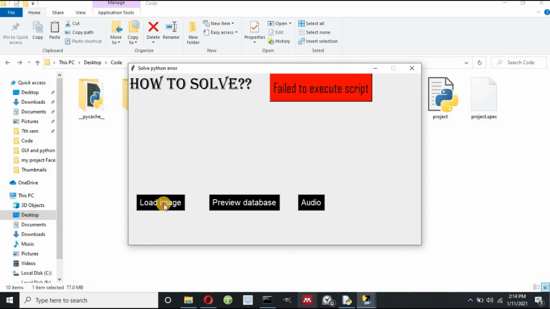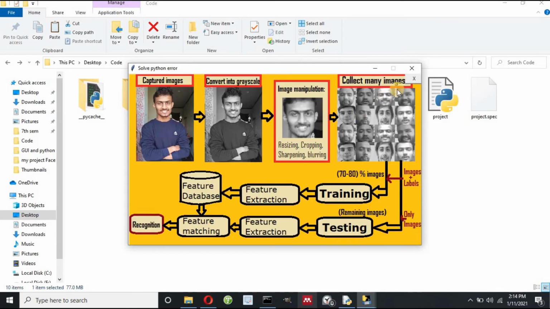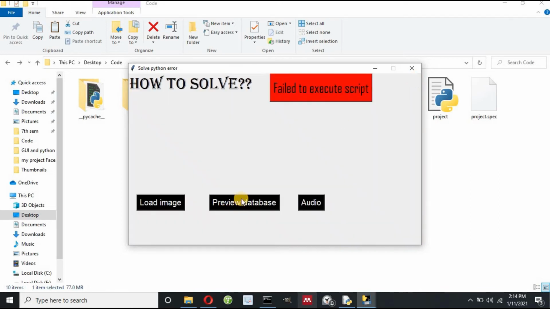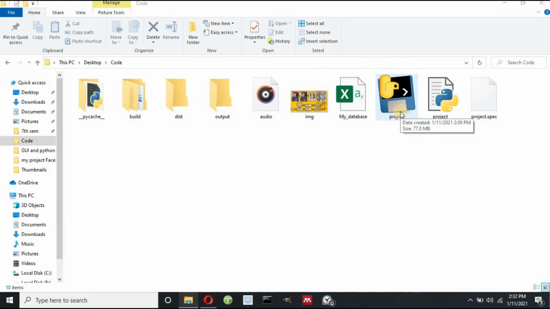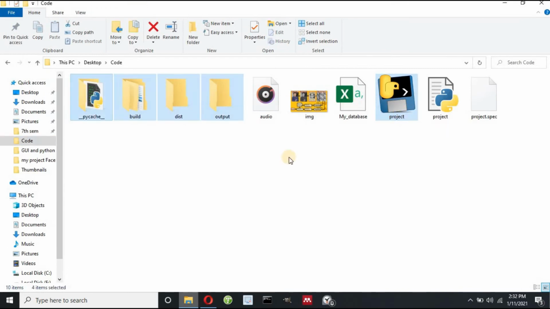Now if I click load image, okay, my image is successfully loaded. I can close this, and if I click preview database, okay, it successfully loads my database. And if I click this audio, okay, my audio is also working perfectly. Now I have to increase the startup speed of my application. So for this, let me delete all these files,